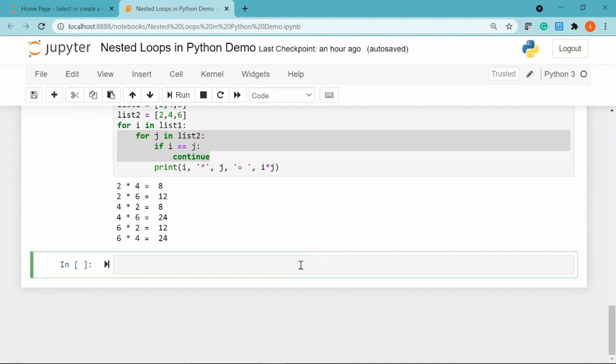So basically in this program we are going to print the perfect numbers between 1 and 100. Now a perfect number is a positive integer that is equal to the sum of its proper divisors. So the smallest perfect number is 6, which is the sum of 1, 2 and 3. These are the proper divisors of 6: 1, 2 and 3. If you add them, the value is 6.